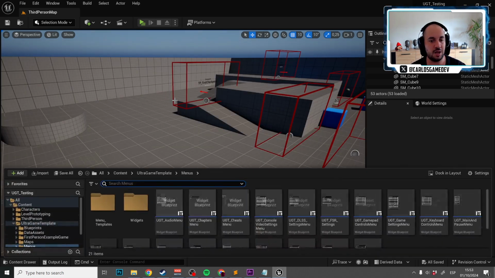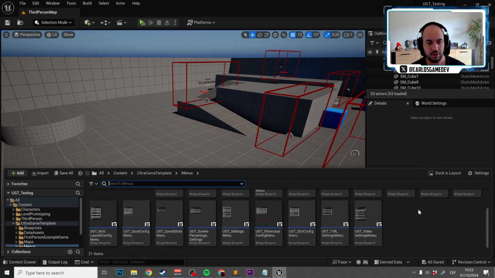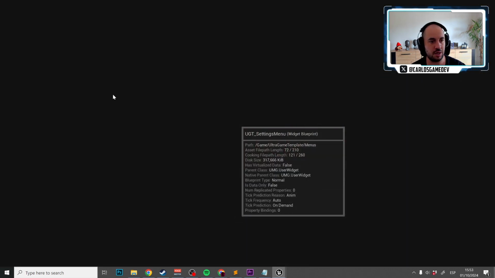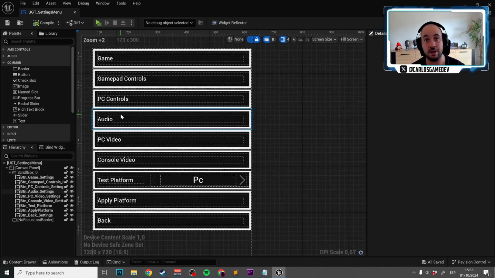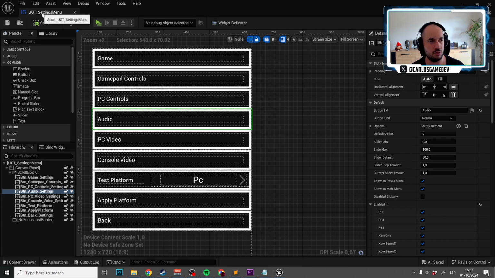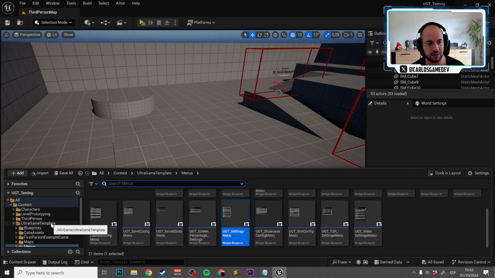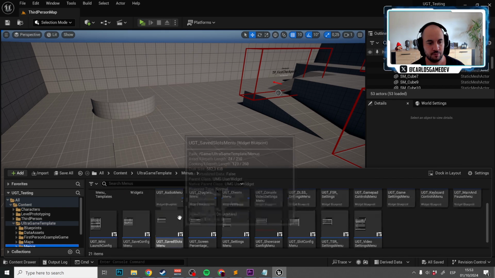So, for example, I'm going to go in the game settings menu. In the settings menu, we are going to add functionality to make a new weather system. Because why? Because I can. That's it. So, for example, to start, we are going to go again to Ultra Game template menus, and here